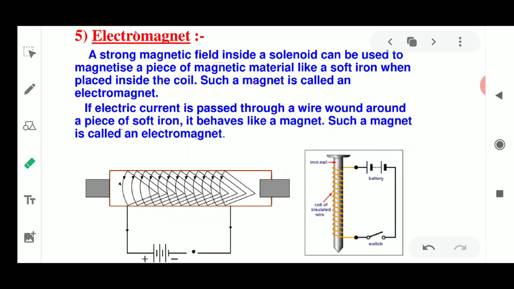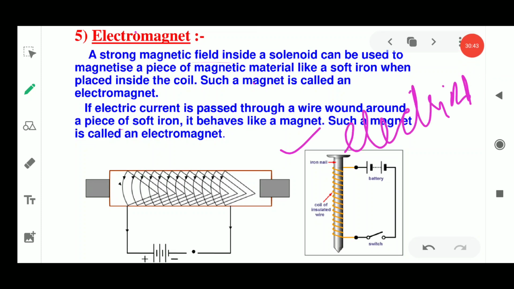and this is how we are going to prepare electromagnets of the desired strength: by increasing the number of turns, by increasing the amount of current flowing through it, and by putting a soft iron core inside it, because of which it is going to pass the current and the electromagnets will be produced. Okay, so we have discussed the way electricity is going to produce the magnetic effect.